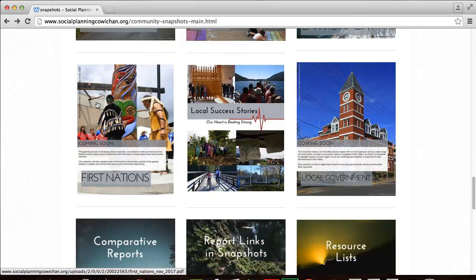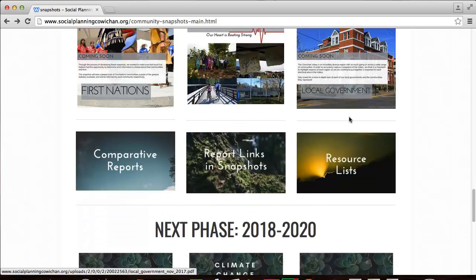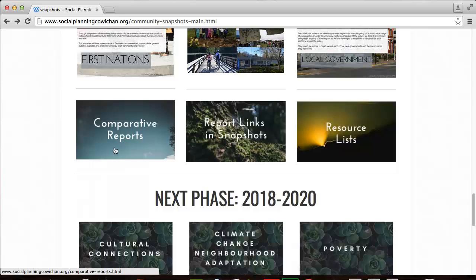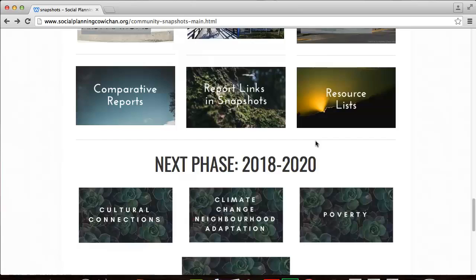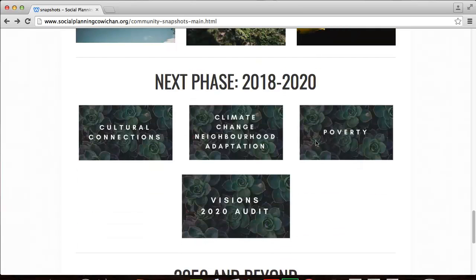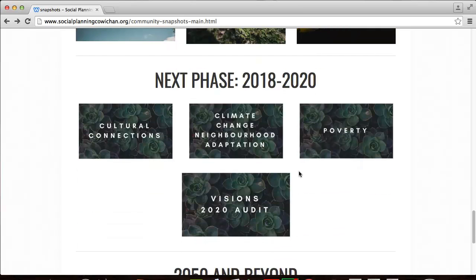The next stage of this is going to be working with local First Nations to find out how they want to be represented in this report and the information that's important to them. Here we have comparative reports, snapshots, and resource lists that we can build an online up-to-date database of all the resources in our community. The next phase is to take a deeper dive into some of these areas and to